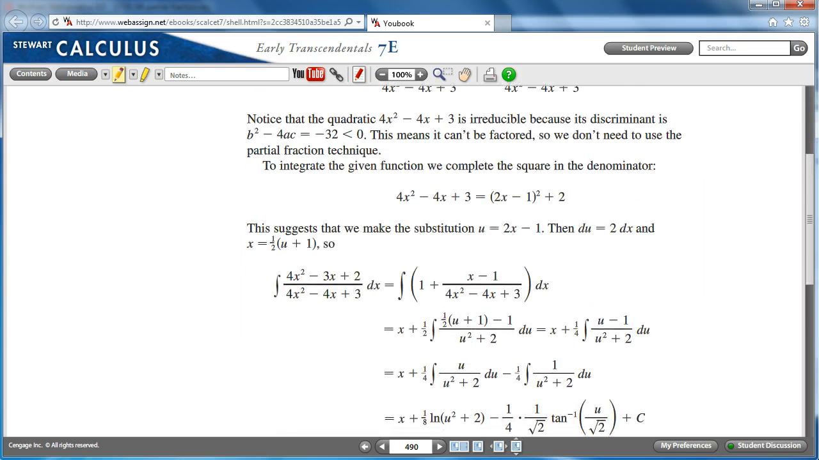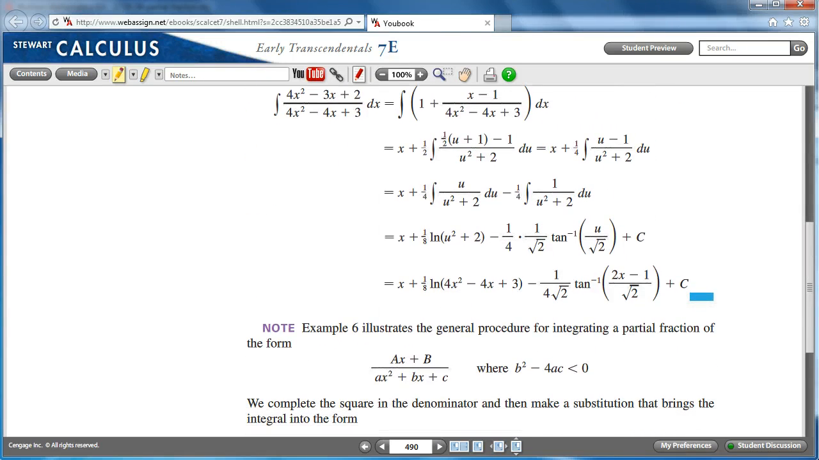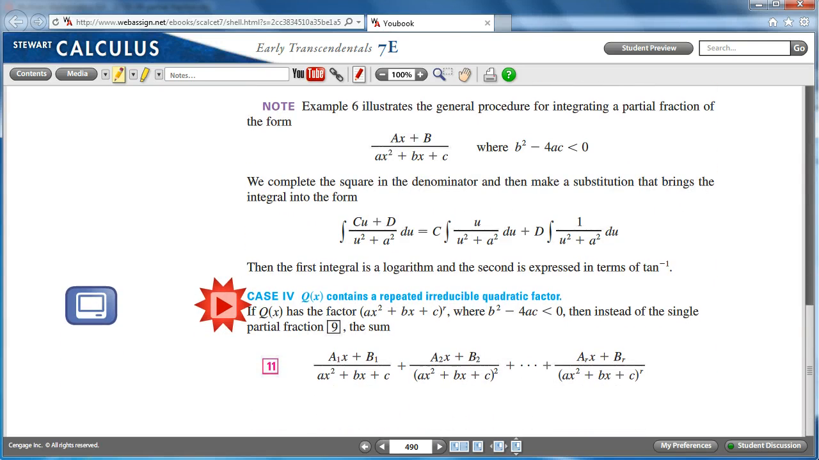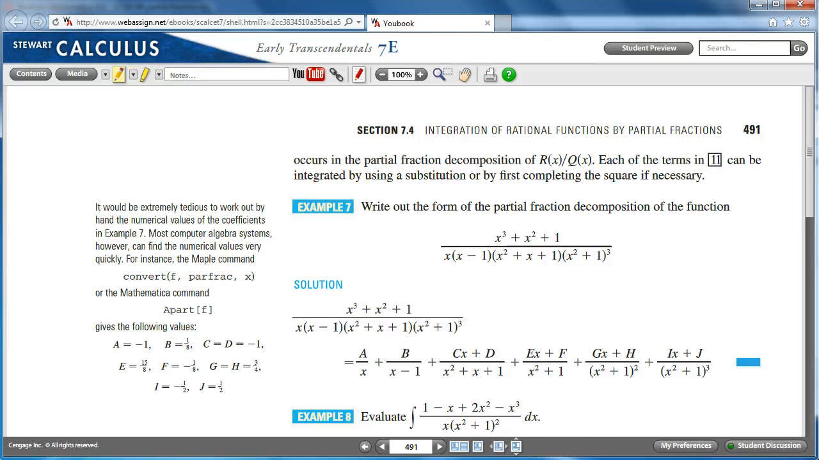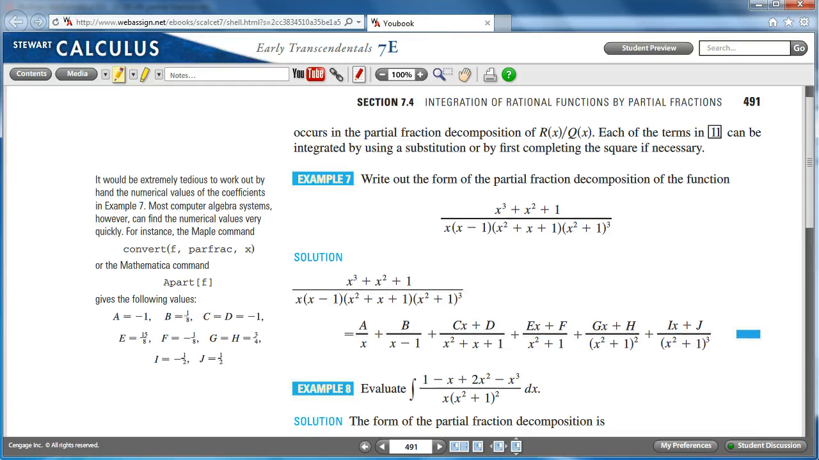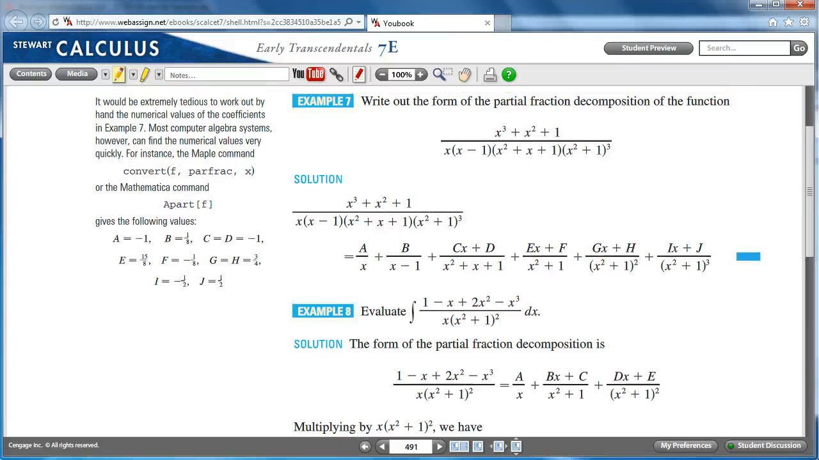Okay, any more? Okay, even more. Repeated irreducible quadratic factor. Well, we can consider these kinds of problems, and if you have some time to burn,